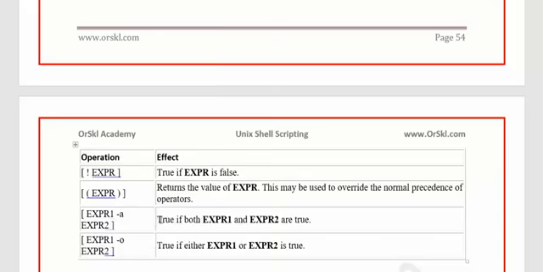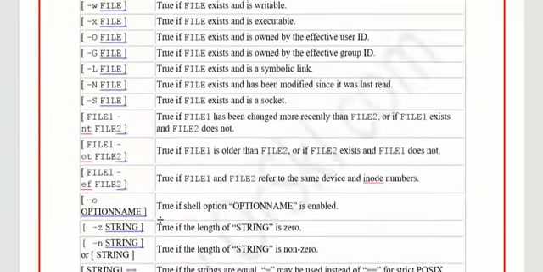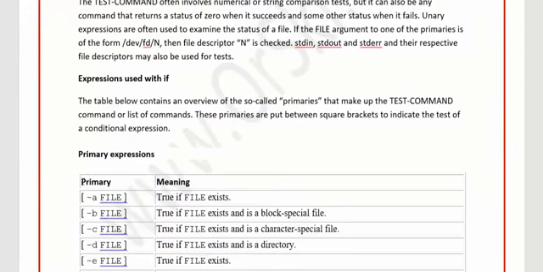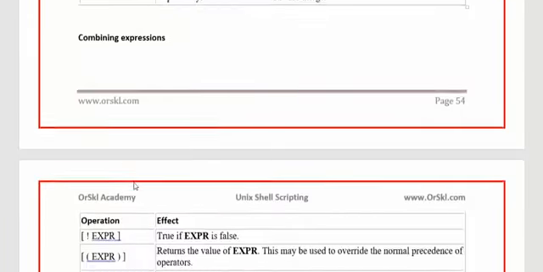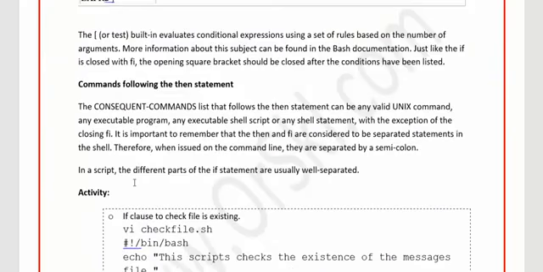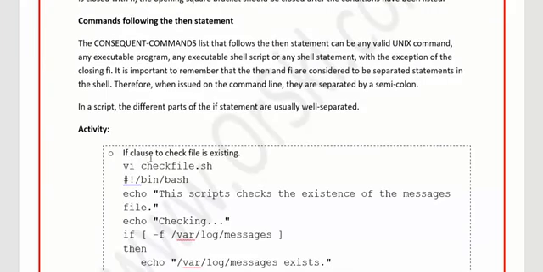I'm sure that I have run very quickly through these expressions, but I will explain with the help of examples what these expressions are meant for. To explain these expressions, I'm giving you a very small if block, and I'm going to execute it inside a script so that you understand how this if block works.